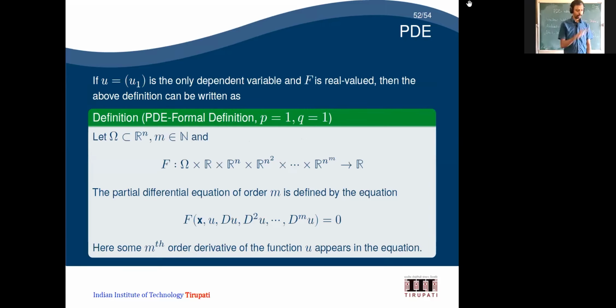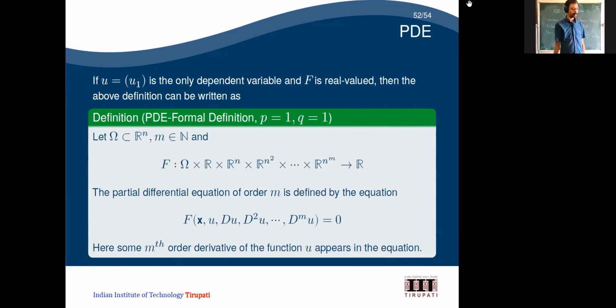So now I have defined the system of partial differential equations. Now if I go for the simple one, only one dependent variable, then I can just define f as a real-valued function. I'm not bringing down the independent variables, only the dependent variable. So the independent variables will be x1, x2, as they are. Only the dependent variable I'm making 1. So p equal to 1, mapping to R, and q also I'm making 1.